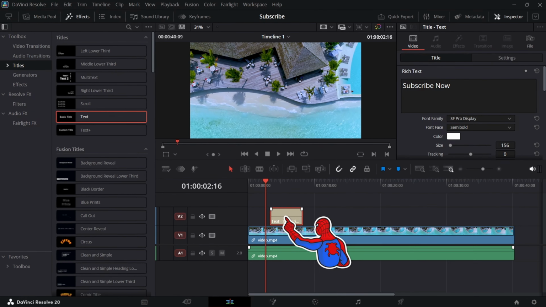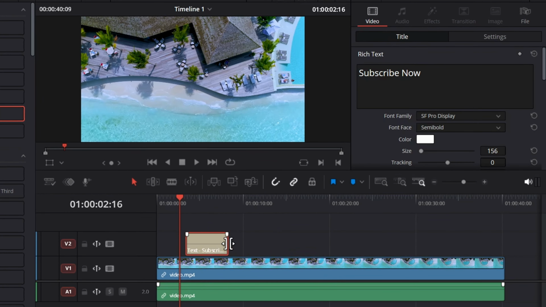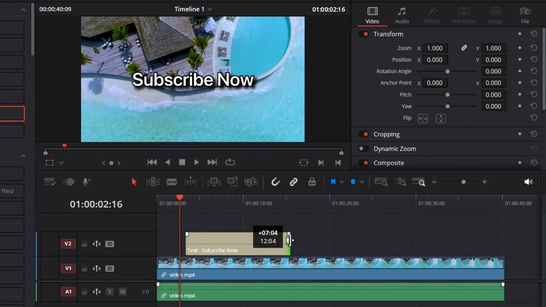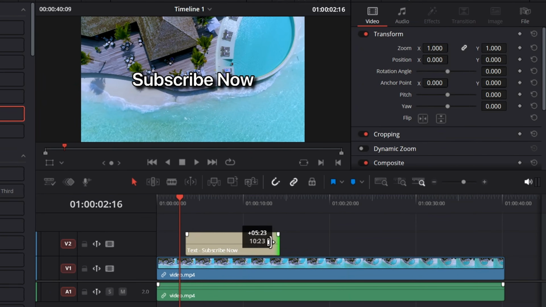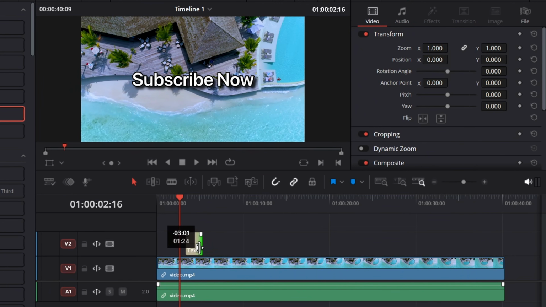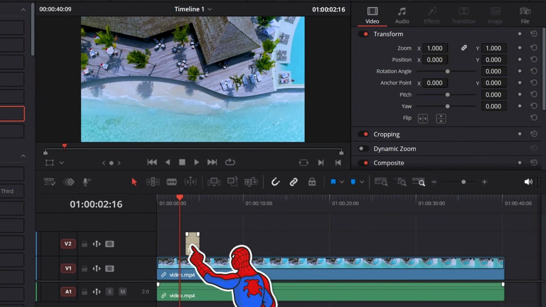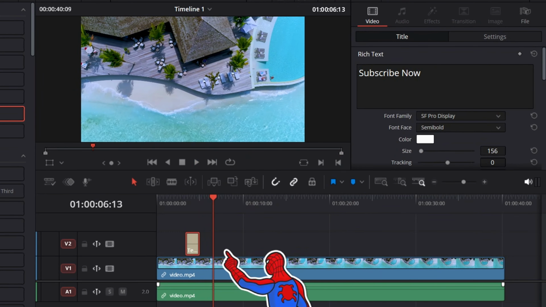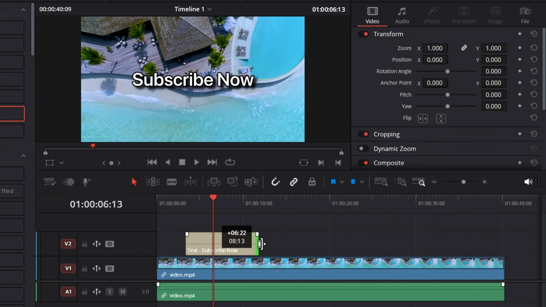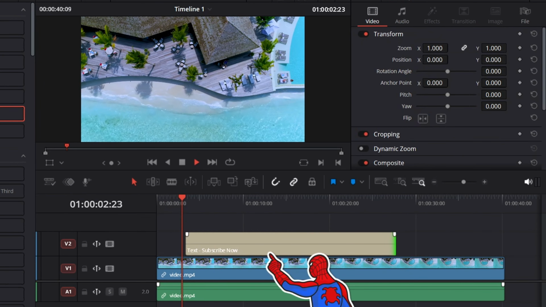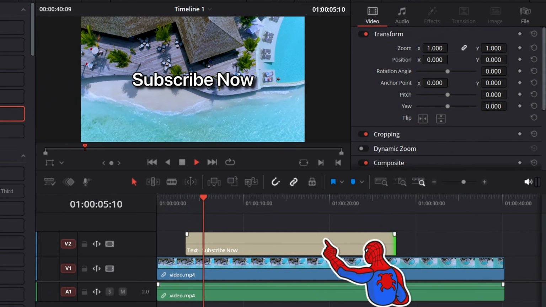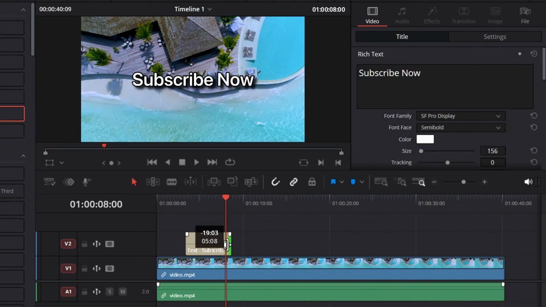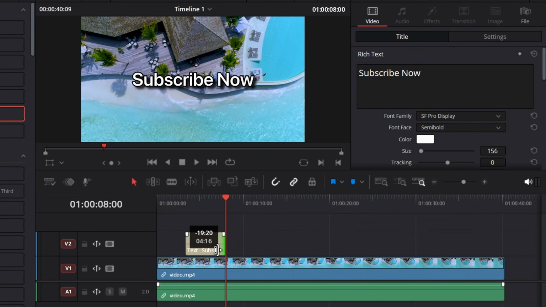Next, let me show you how to adjust your text duration. So you can drag the sides of your text block like this to choose how long you want the text to appear in your video. So if I make it very short like this, when I play the video, the text will appear for just a short while, then it goes away. And if I want the text to show up for much longer, I can drag it out like this. And you can see that throughout this entire period, you will have this text. So you can adjust exactly how long you want the text to show up in your video by just dragging this text block.